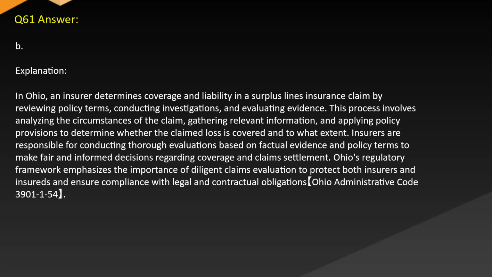Insurers are responsible for conducting thorough evaluations based on factual evidence and policy terms to make fair and informed decisions regarding coverage and claims settlement. Ohio's regulatory framework emphasizes the importance of diligent claims evaluation to protect both insurers and insureds and ensure compliance with legal and contractual obligations. Ohio Administrative Code